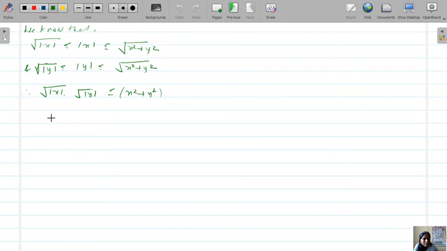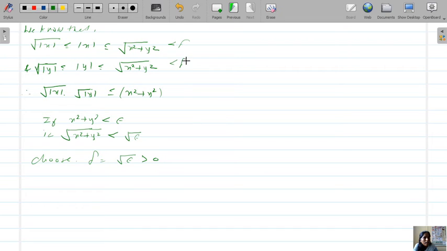So if x square plus y square is strictly less than epsilon, that is, if you take the square root, because we want a circular neighborhood, if square root of x square plus y square is strictly less than root epsilon, choose delta equal to square root of epsilon, which is greater than 0. Now if you choose delta equal to this, this quantity becomes less than delta. Therefore, for this delta